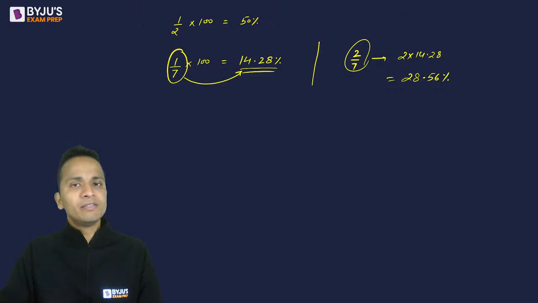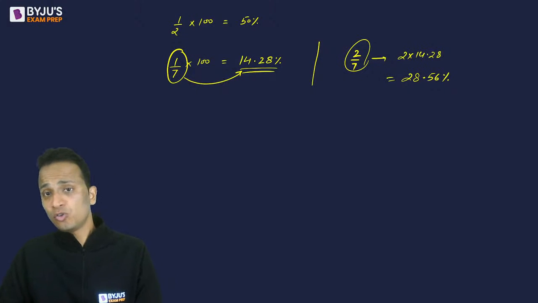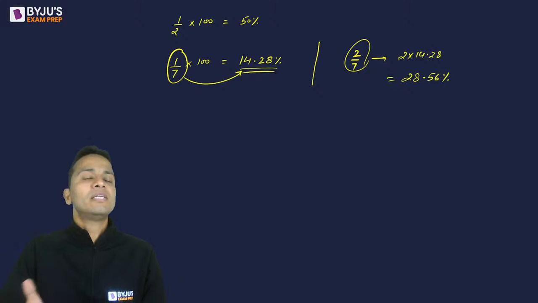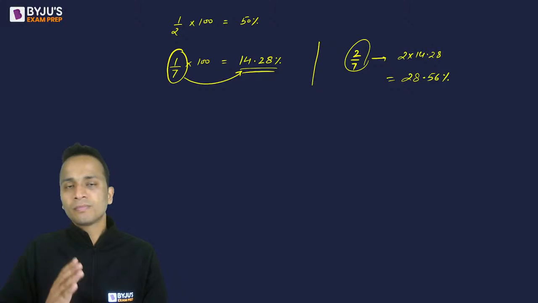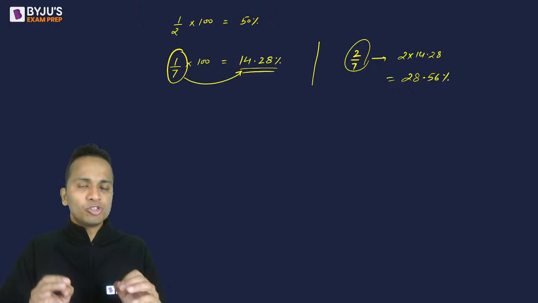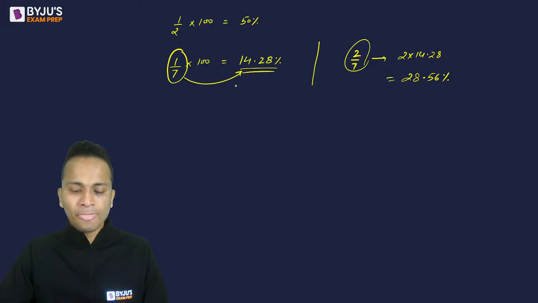So 1 by 7, if I'll remember as 14.28, then 2 by 7 will be double of this, which is 28.56. 3 by 7 will be triple of this, which is 42.84, and so on. Okay, so you just need to remember one fraction, that is 1 upon 7, and everything will be based on that. Okay, so similarly, if you can remember the percentage equivalence of fractions like 1 by 3, which is 33.33